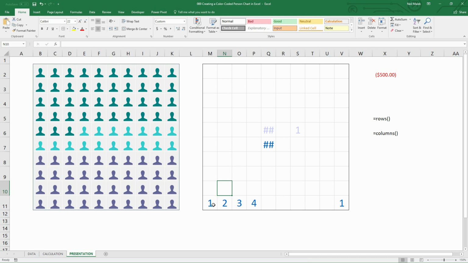So right here, I need this to be a 1, this to be a 2, this to be a 3. I need this to be an 11, 21, 31, 41. I need this to be 12, 13, 14, etc. So we're going to do equal sign rows